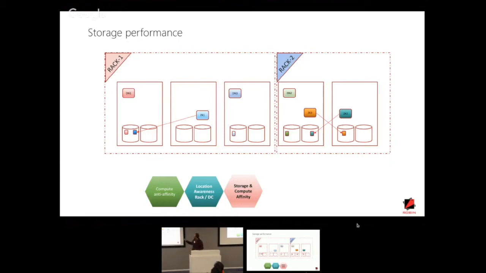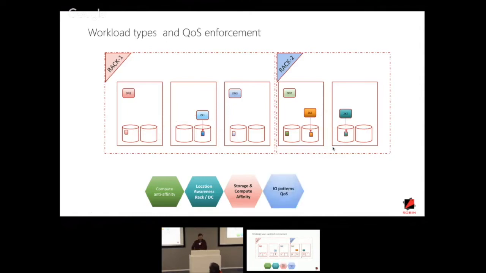Zookeeper has to write as fast as possible to the storage. So in this diagram, you see that the compute is here, where it's deriving the storage from the other node. It's crisscrossing, actually. It's not a good setup at all. Fix it. So you get it from the same host. In a way, what we are saying here is, if the component has built-in redundancy, and if it is keeping multiple copies, stick to the old philosophy where you have storage and compute affinity. Put the compute closer to storage, or vice versa.